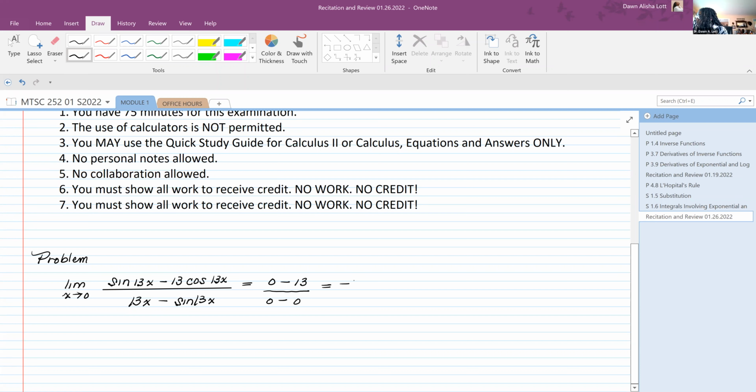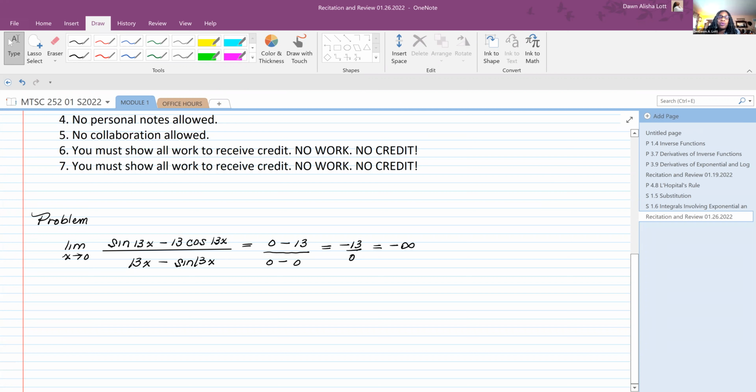So this is negative 13 over 0. So that's basically negative infinity. It goes to infinity because anything divided by 0 is infinity. So this one, if you're telling me the problem is exactly like this, then I can't even use L'Hopital's rule on it. Remember, L'Hopital's rule only applies to 0 over 0, infinity over infinity, infinity minus infinity,